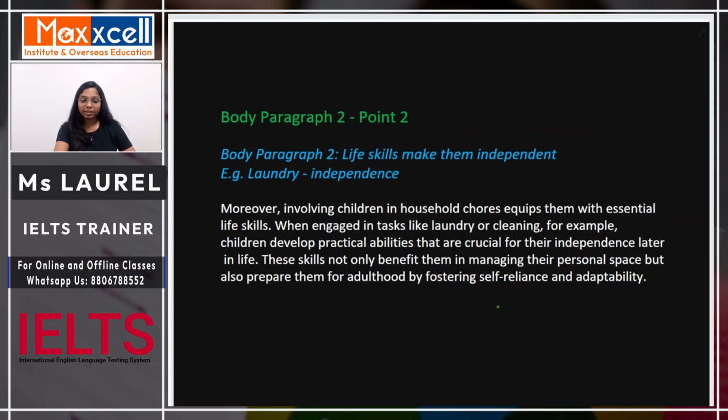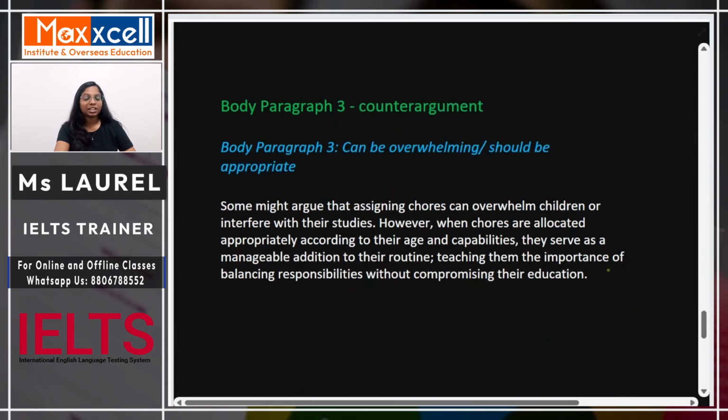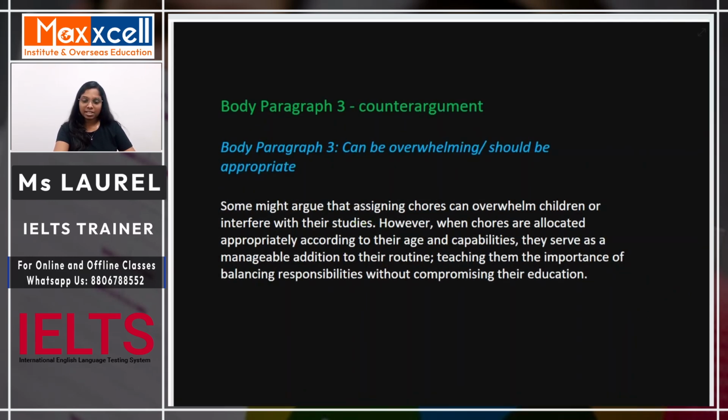Now, this is a complete second paragraph which talks about the second point. Okay, so moving on, body paragraph 3. In case of opinion essay, this counter argument paragraph is, like I said, optional. You can totally skip it, but I have made a third paragraph for counter argument, and my counter argument is